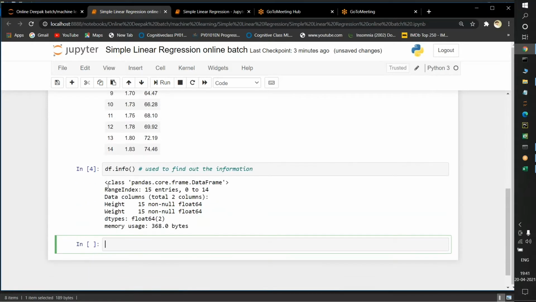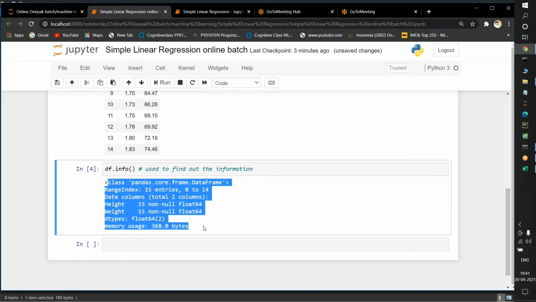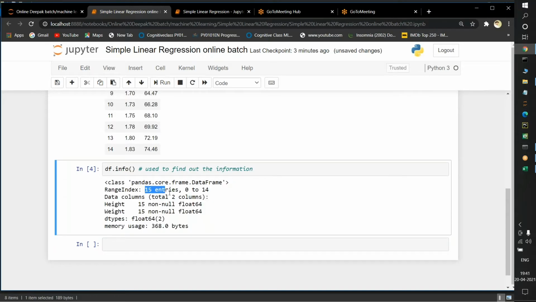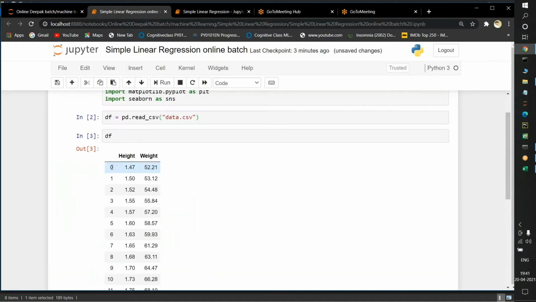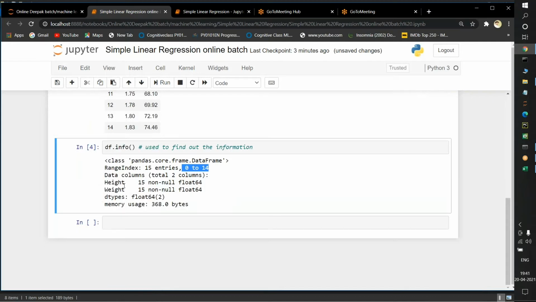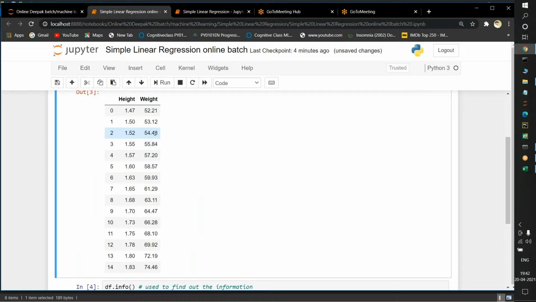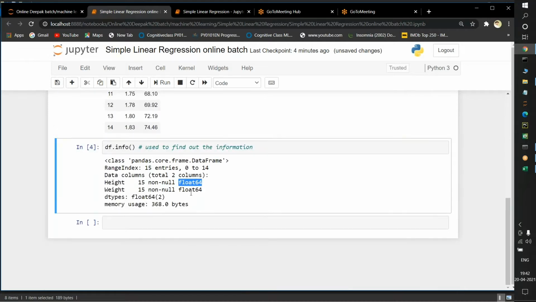Here the information about the data we are passing is shown. 15 entries, which means 15 rows, from 0 to 14, and only 2 columns: one is height and one is weight. The data type of the columns is float, since the values are floating point.